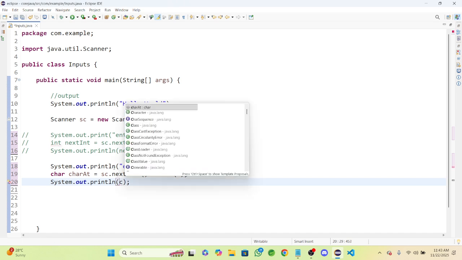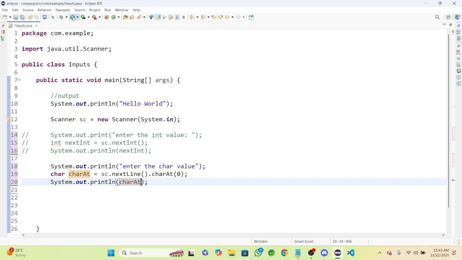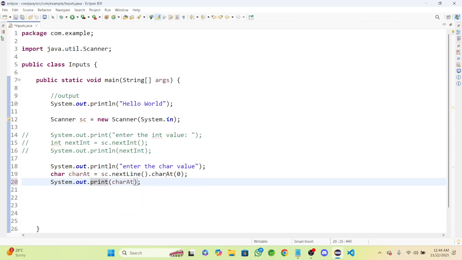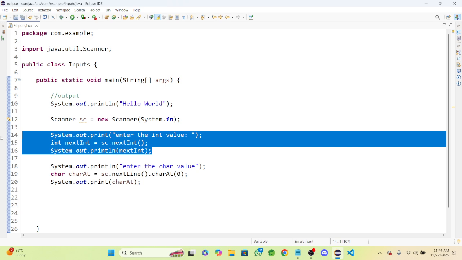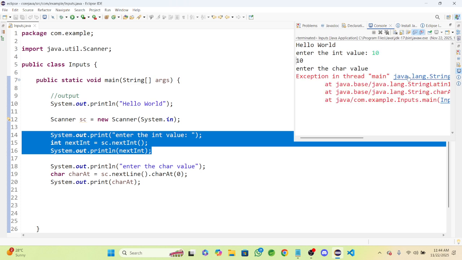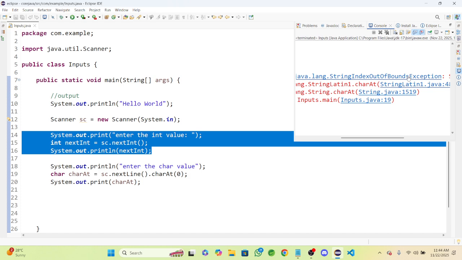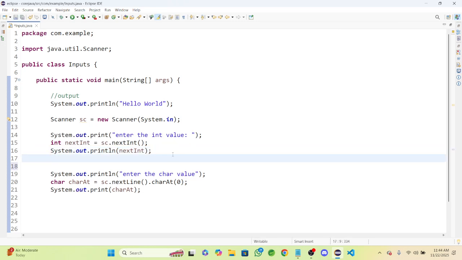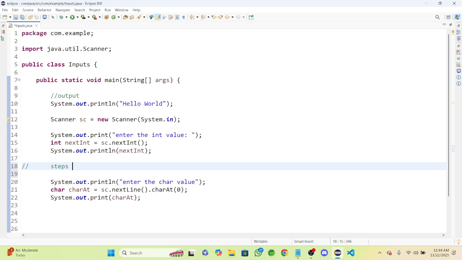That is charAt. If I run this, it asks to enter the character value, that is a. It prints a. That's good. But if I uncomment this and run the code, it asks for the value 10, and then you are going to see the string index out of bounds exception. Why? Let's see the steps. First we are entering the int. It asks, enter the int value. I enter the value, that is 10, then